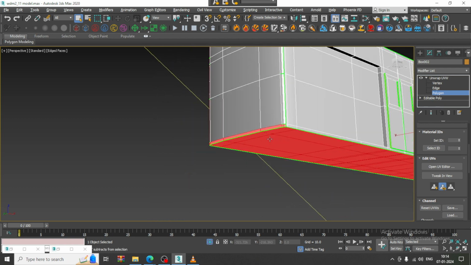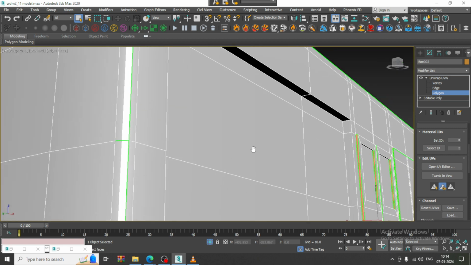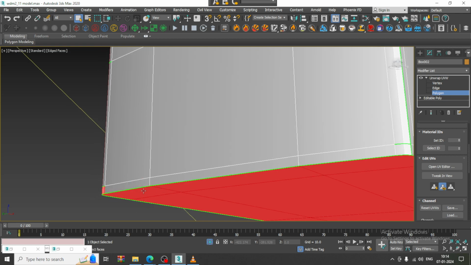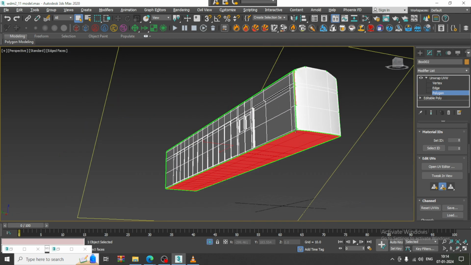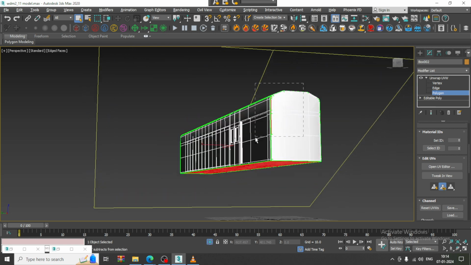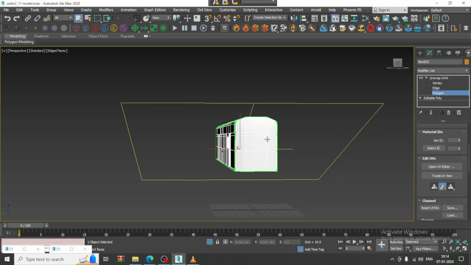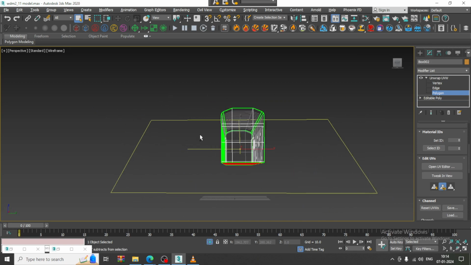So let's just subtract all these elements. So I'm just making it much simpler so you can easily unwrap this instead of putting seams and all this stuff. If anywhere it is selected, then this is going to be a